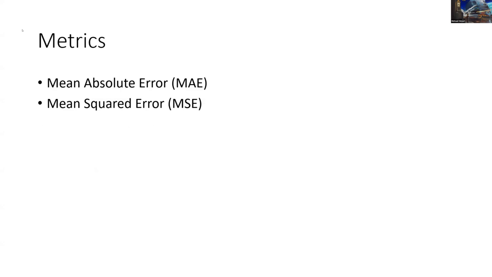So I considered just two metrics: the mean absolute error, the absolute value of the difference between the prediction and the actual player's rating at that game, and also the mean squared error, the difference between the prediction and the actual rating, squared. The mean squared error is more commonly used for training because of the nice assumption that if you model the data with the expectation that the error is normally distributed, then you can simplify that to minimizing the loss, taking the mean squared error.